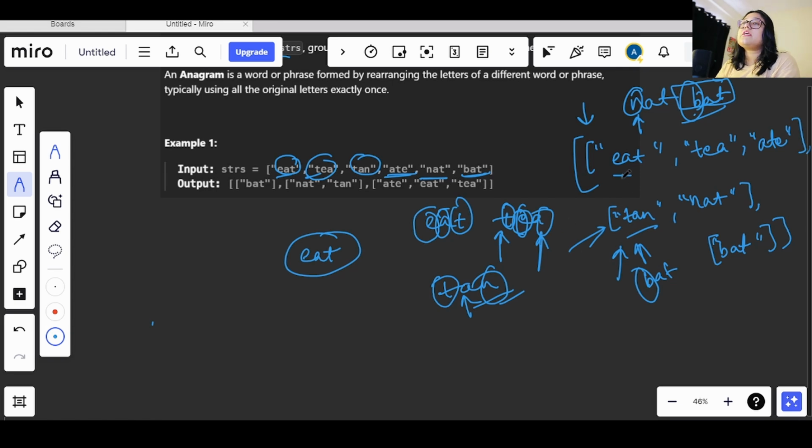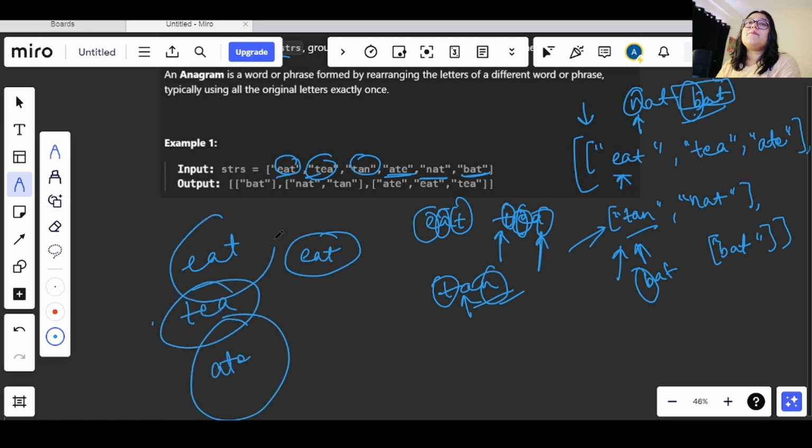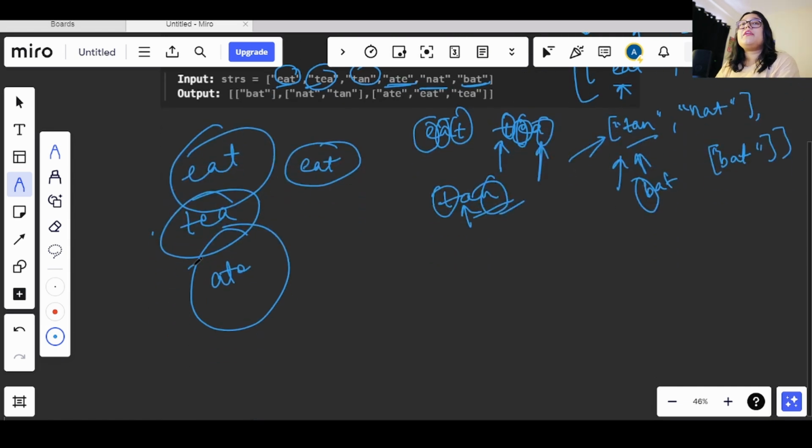So we can see that if we have this eat, and we have this tea, and we have this ate, if we create a dictionary or a hash map, we can use this word that we have as a key. Now how can we use that? These words are all separate, but what if I sort them? If I sort these words, I will be getting AET in all the three cases.